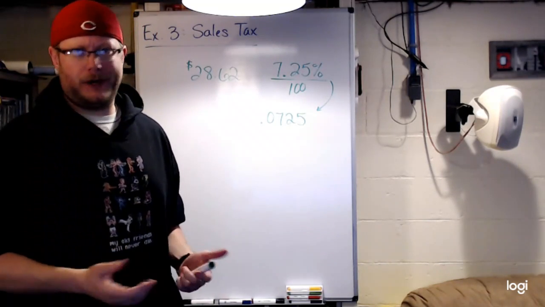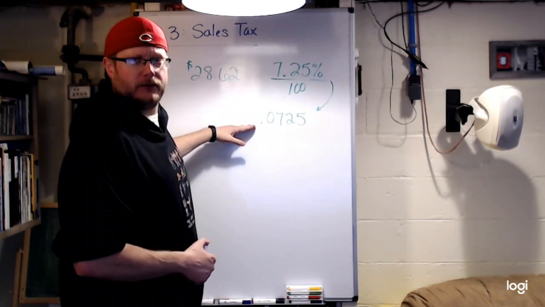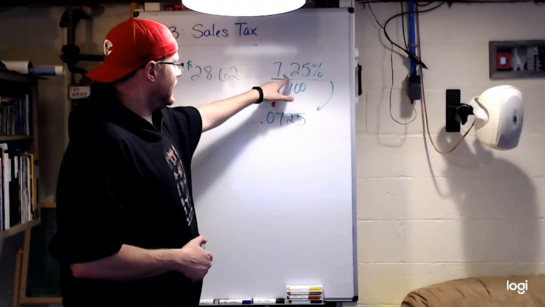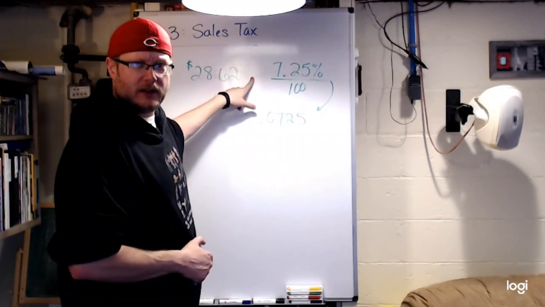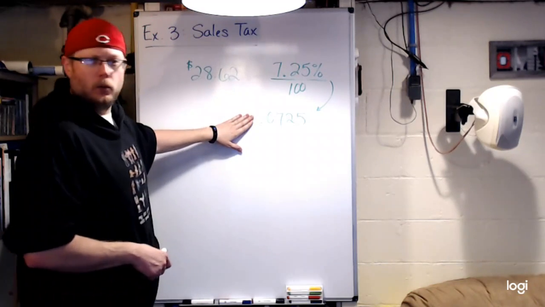There's not one correct way. Take your percentage, divide it by 100. That'll give you the proper decimal. Or take the decimal and move it 2 places to the left. That'll give you the proper decimal. All right. Once we have this